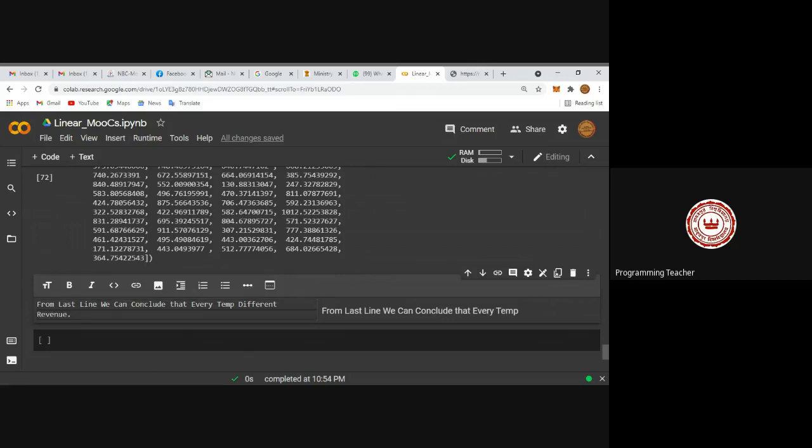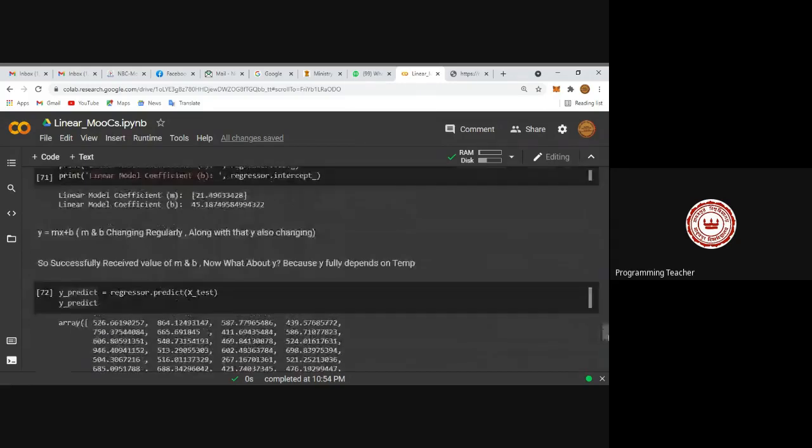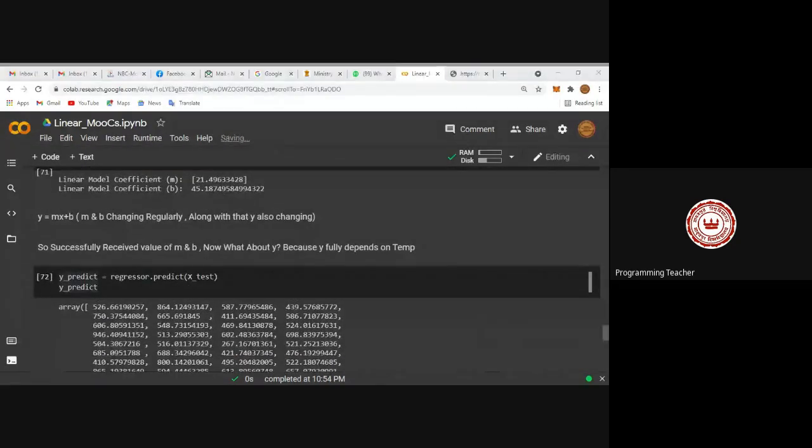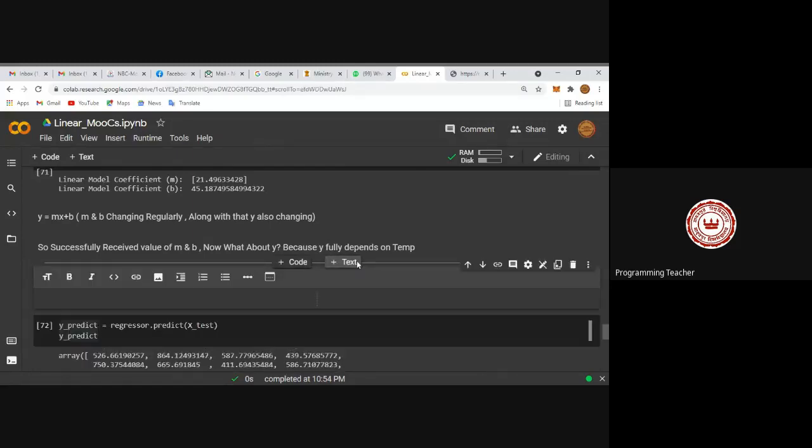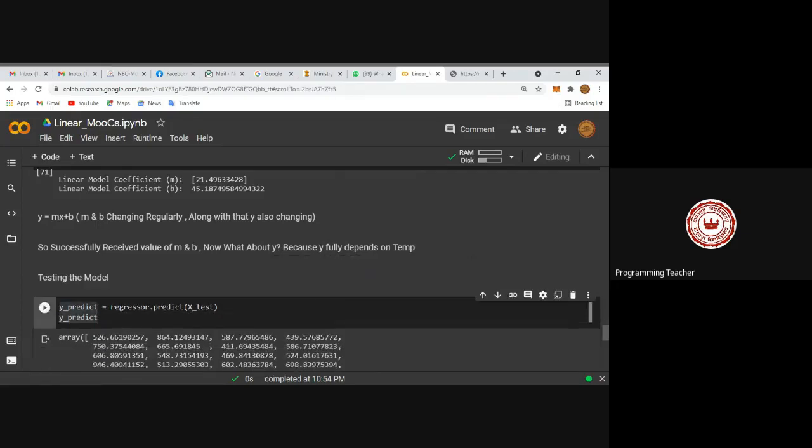Yes or no? Obviously yes. One temperature, one type of revenue. Temperature 2, revenue 2. So this is the part of y predict. This can be concluded as testing the model, whether it is truly changing or not. Testing the model, because y is important. At the end of the day, we have to think about revenue, but revenue also depends on temperature.